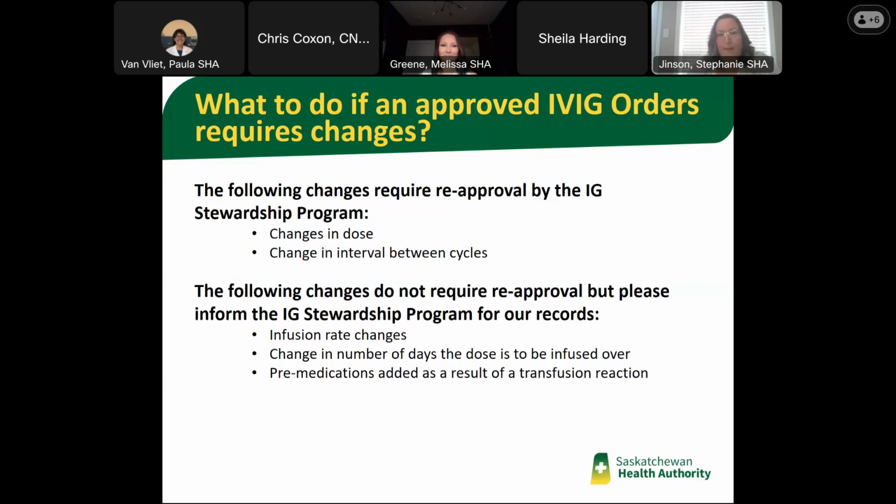Occasionally, we've had orders that we have approved and sent forward to the infusion clinic, and then there have been changes made on that IVIG order that we're not aware of. If that happens, we would like to be made aware. Especially, you need to make us aware of any changes that would require reapproval. That would be a change in the total dose that's being provided or a change in the interval between